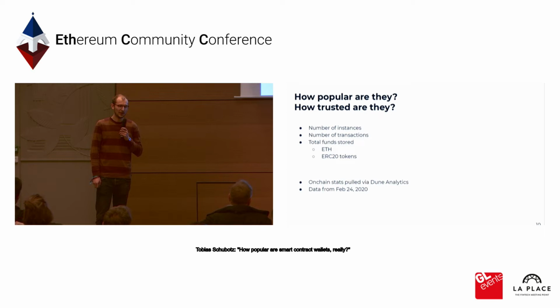I thought about how we can answer this question: how popular are those wallets and how much are they trusted? Basically by just looking at on-chain data, because this is the only thing I have access to for all of those wallets. A simple measure for popularity is how many instances exist and how many transactions have been made. And a simple measure for trust is how much funds they store, because essentially, well, all those